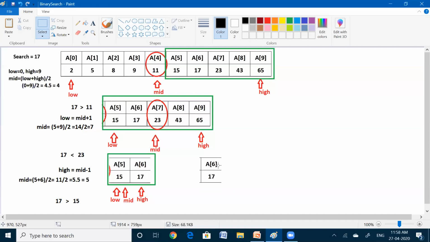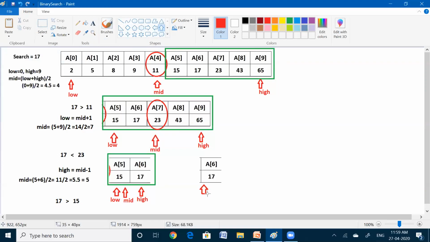element is found. But if it is stored in the system's memory, we don't know whether that element is our search element or not. That is the reason why, as usual, even if you have a single element, we need to apply the same procedure. We need to set the low index as well as the high index, and we need to find the mid value.